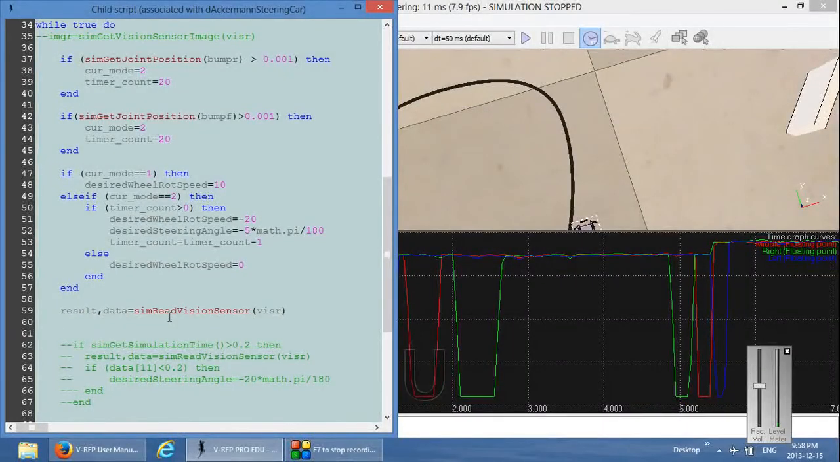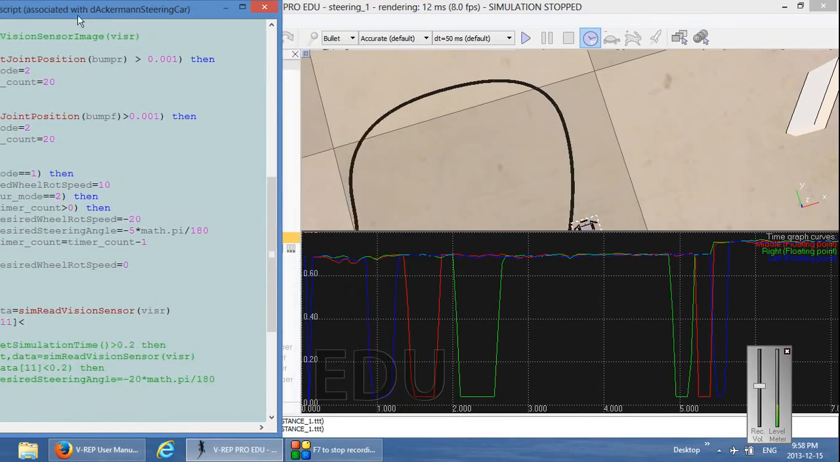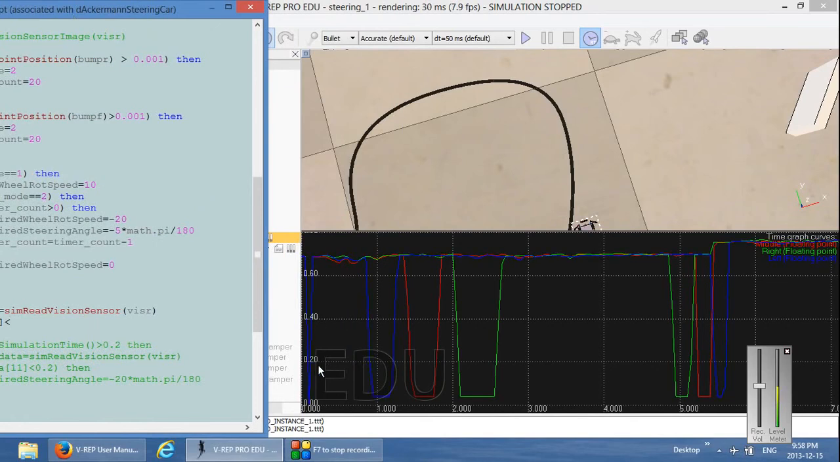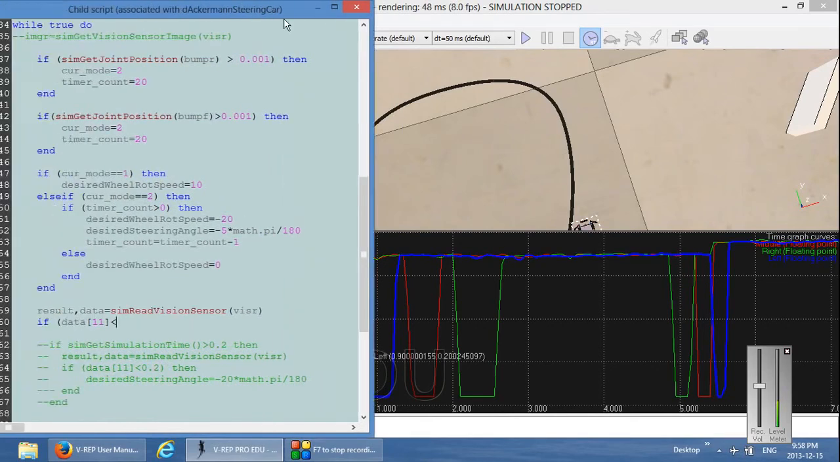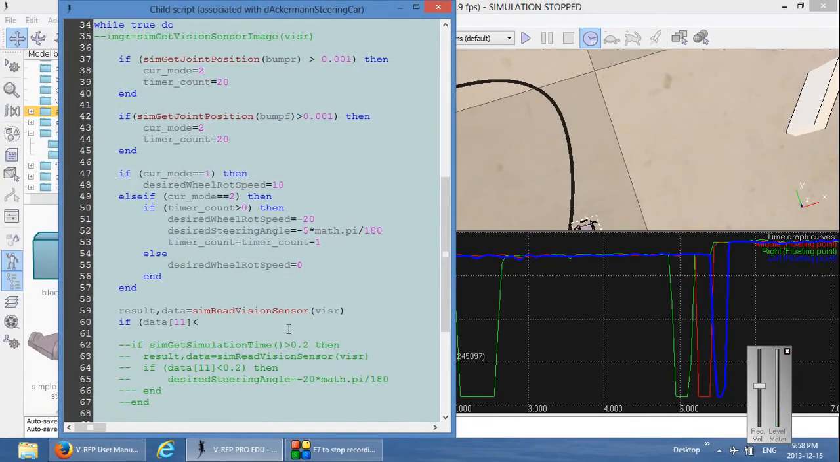So here we can say if data at 11 is less than, don't forget the brackets, and then here we have to consult the graph, and I'll make a cutoff value of about 0.2. Is less than 0.2, then,